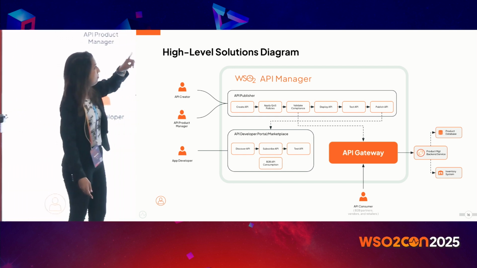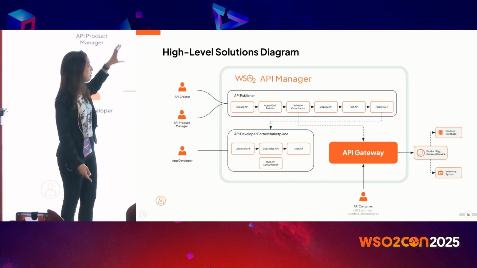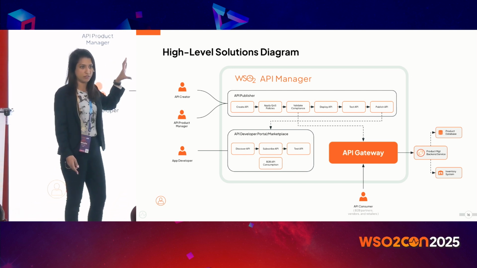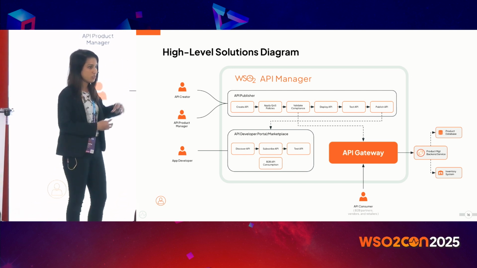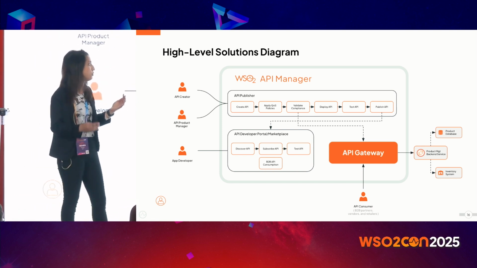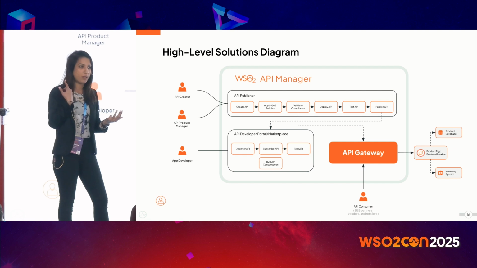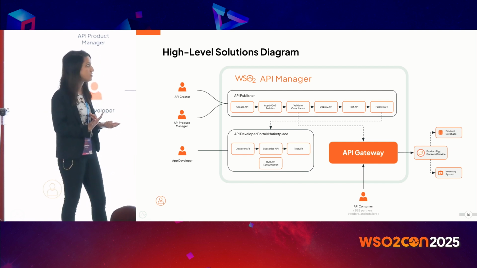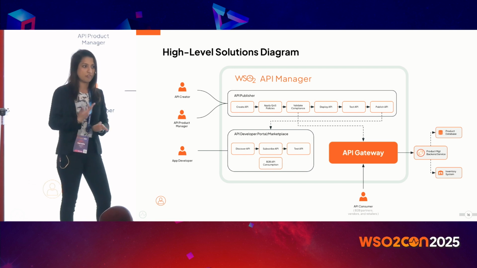Inside the box, you see the different components of API Manager. We have the API publisher, and we would show how you create an API, apply the quality of service policies, validate the compliance, deploy the API, and finally publish it